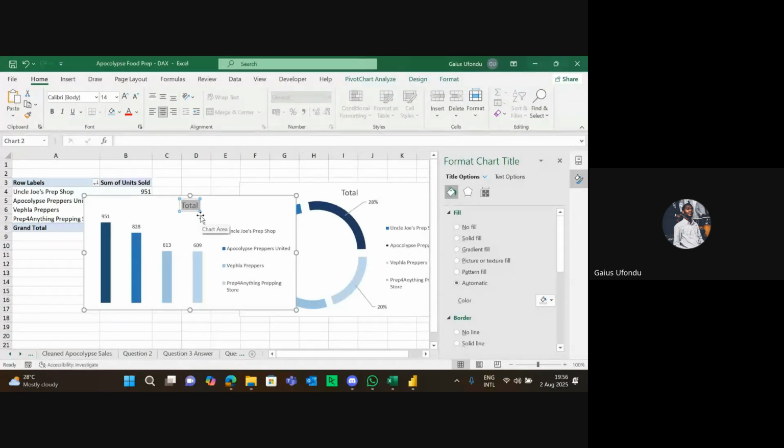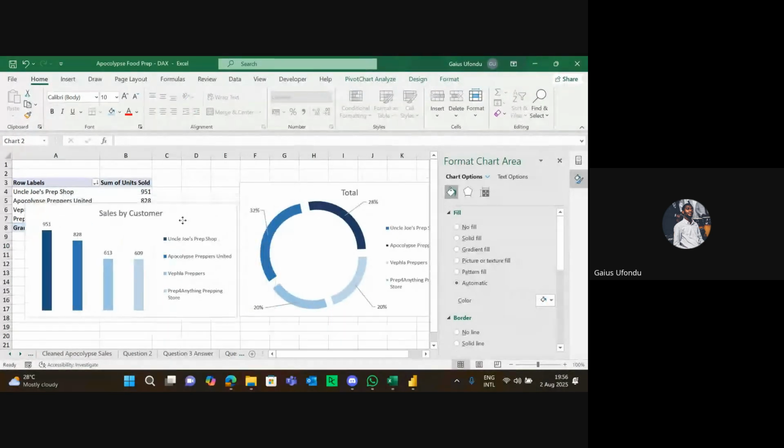We are saying this is customer sales, or sales by customer. Let me just use sales by customer. So you should know how to properly label and name your chart. Then another rule to also follow is